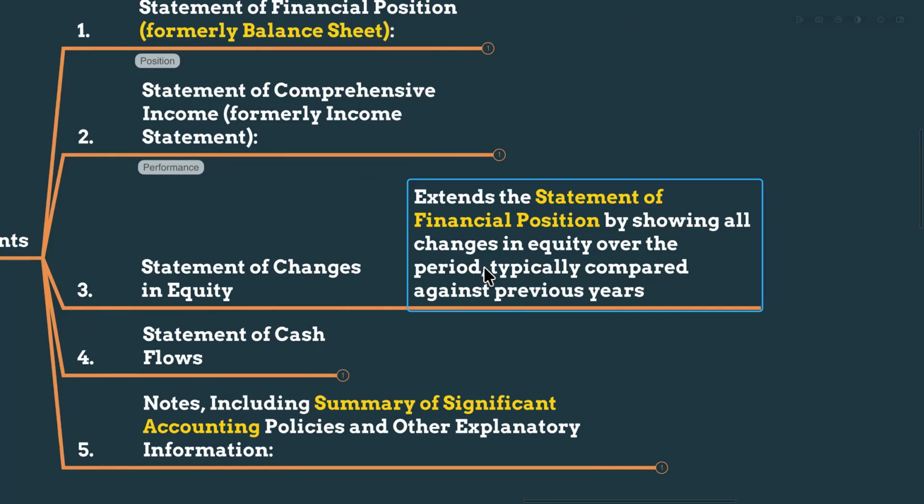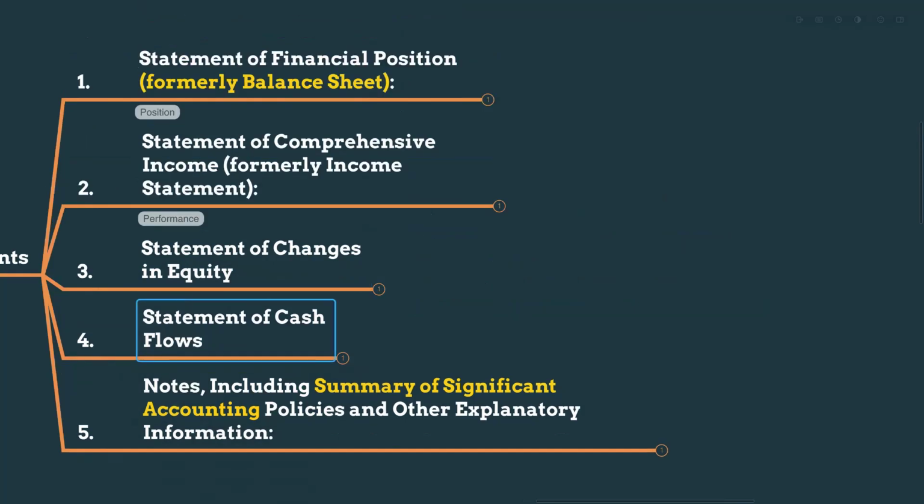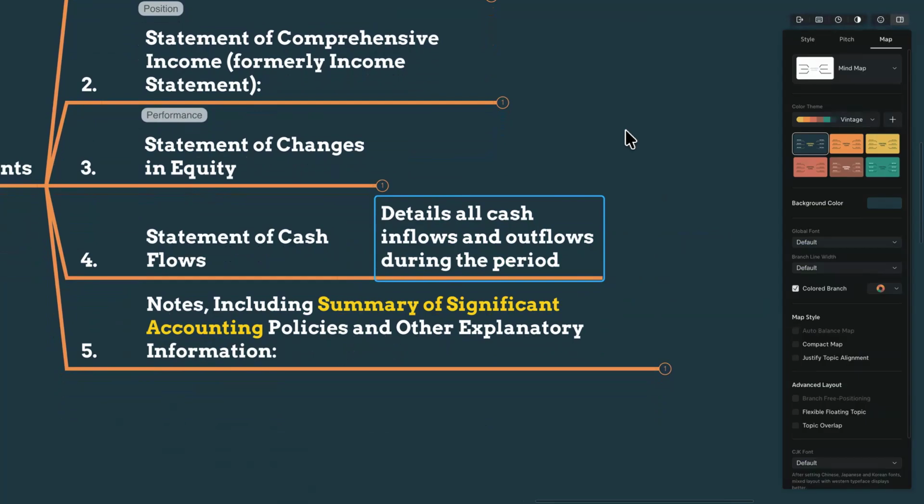It will typically compare the previous period, right? So it extends the statement of financial position by showing all the changes in equity over the period. It's actually the statement of changes in equity, right? The statement of cash flow will detail all the cash inflows and